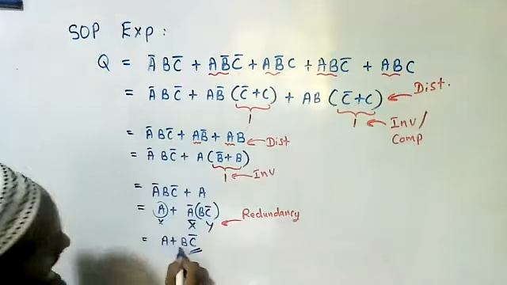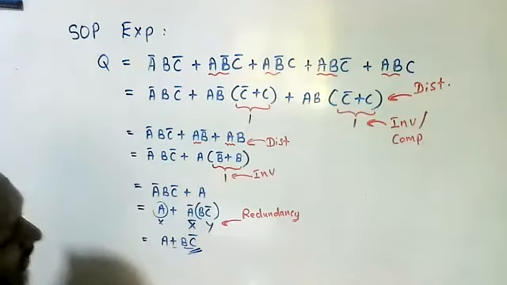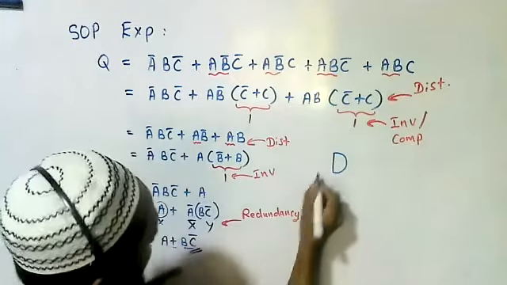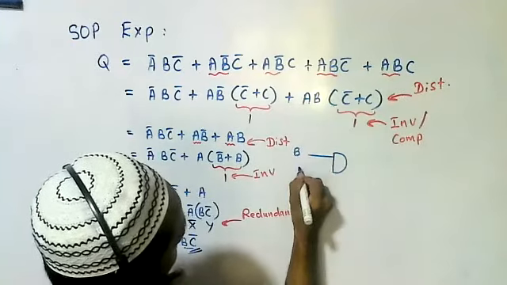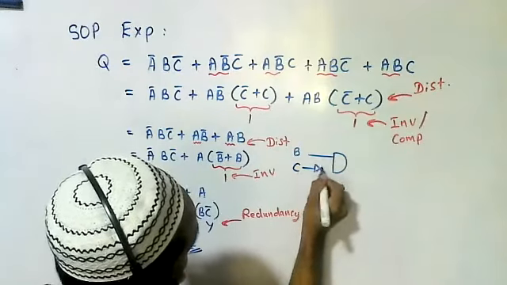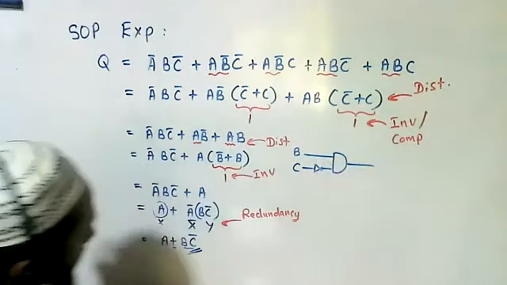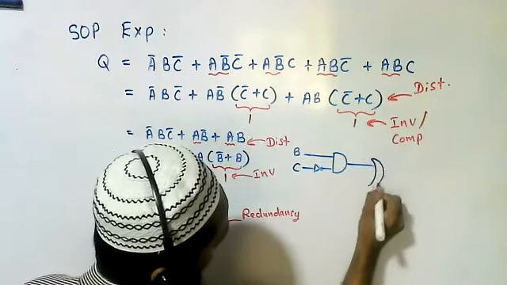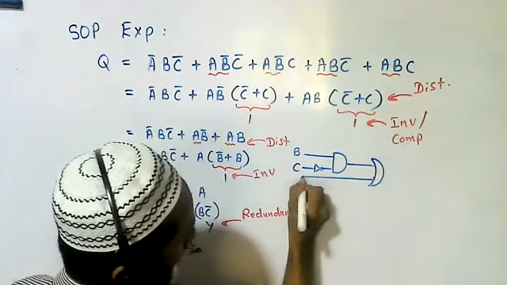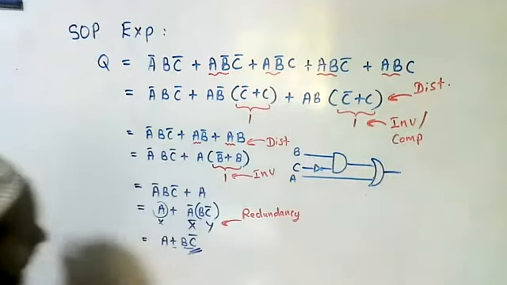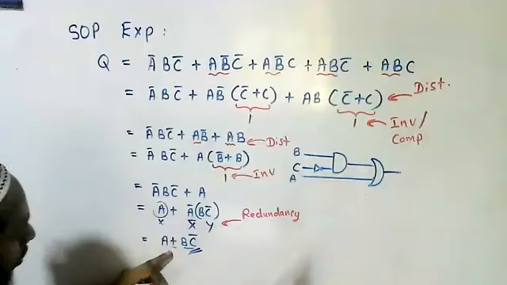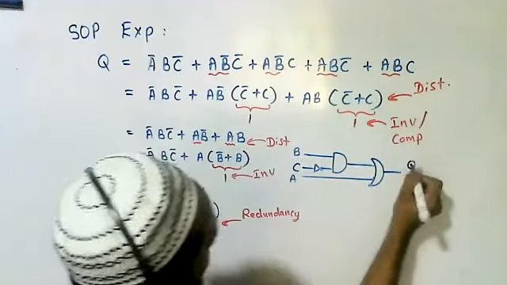Right, here AND gate is there. Here in the middle, OR gate is there. One AND gate, B, C bar are the inputs. And here A directly comes to the OR gate. Okay, B, C bar, AND gate is there. A directly comes to the OR gate, and this AND gate's output goes to the OR gate. Right, correct. So this is the circuit.